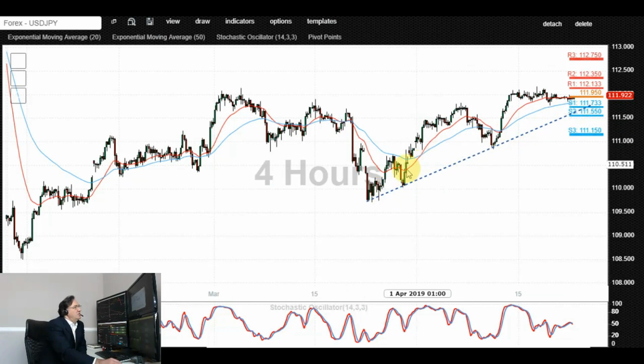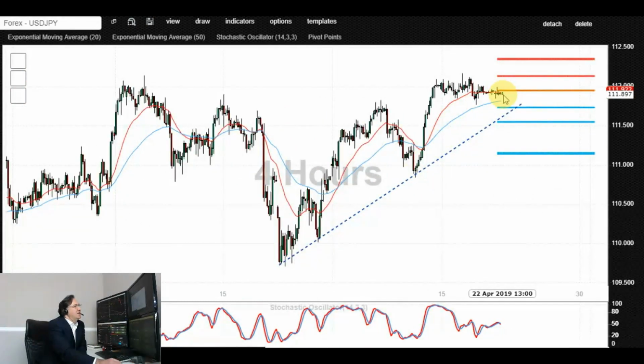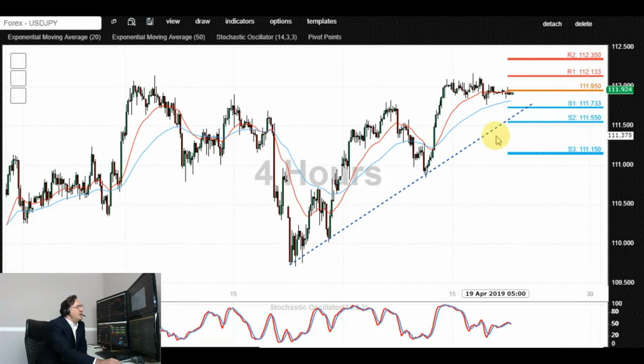It's creating higher lows and it's currently trading above multiple moving averages. The price action is supported by 111.90, let's call it 112 area, a nice and round number. Any pullbacks from the current levels into the support, which is identified by this rising support trend line and also the sequence of these previous highs at 111.70, would offer a support, potentially incentivizing bulls to engage and try and look for a bounce and retest of 112.13,